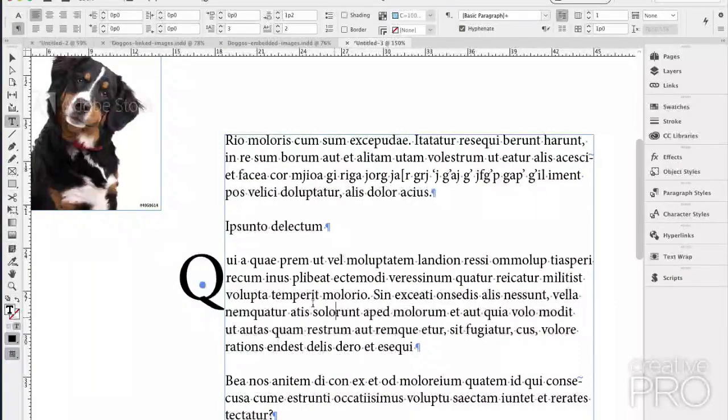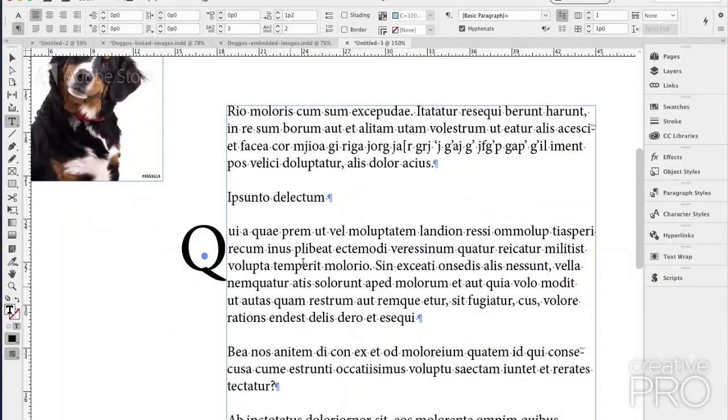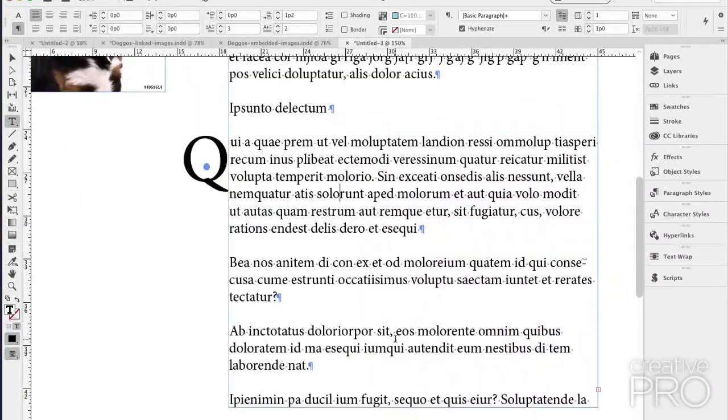Now the problem with this method, I mean, it works great, except that it's all manual. You can save the fact that there are 2 characters in a drop cap as part of the paragraph style, but you'll always have to go back and add a space and then kern it in. Somebody else jumped in with a way that you can do this with a GREP style. I thought that was pretty cool. So let's go ahead and change this kerning back to normal.